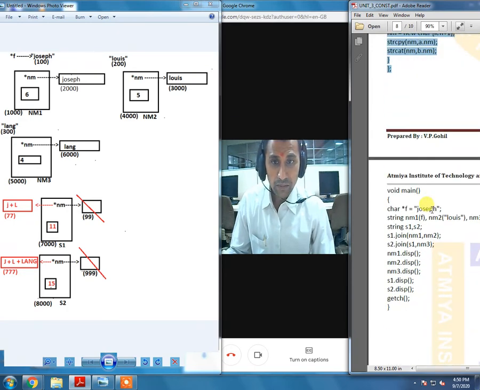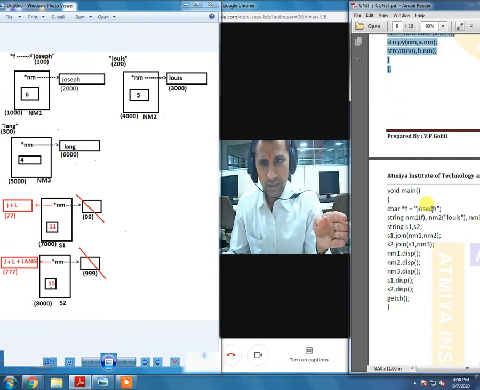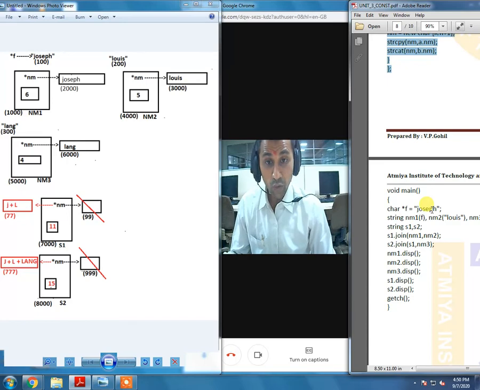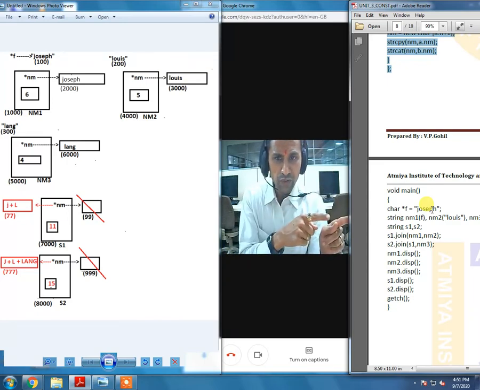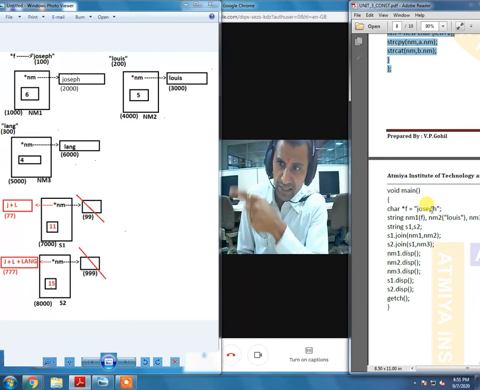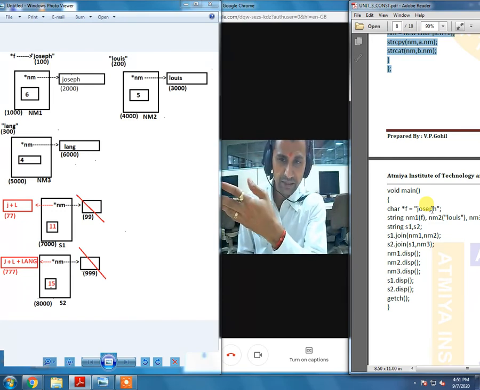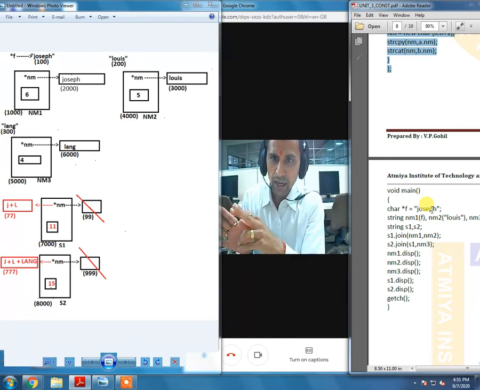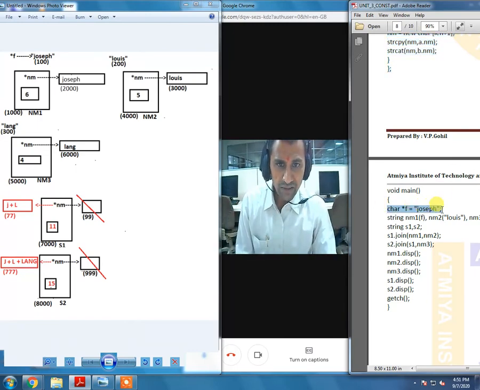But first of all, let us execute the sequence. Let us execute the code from the main function. Whatever code we are going to execute, we are going to see it in this window. This image is the exact replica of whatever is going to take place. For example, in the first line, we are going to create a string Joseph.